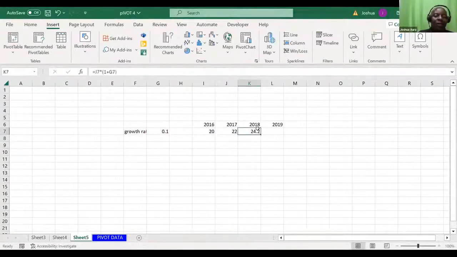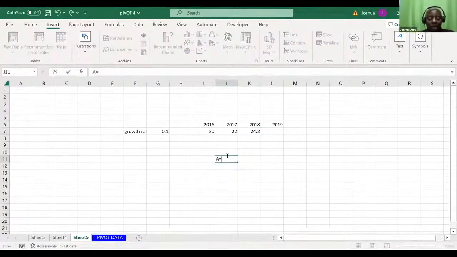Alternatively, I want to show you very many ways before I show you the shortcut. Alternatively, you could say equals, and I'm picking from the original. If you remember that formula, amount equals principal into 1 plus R raised to power n, here squared.